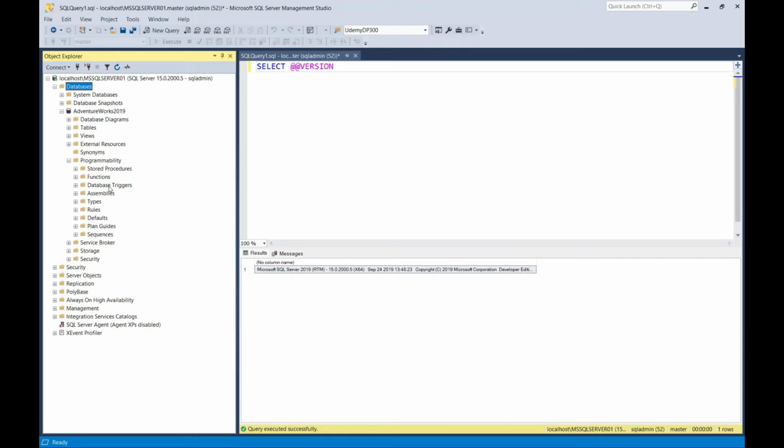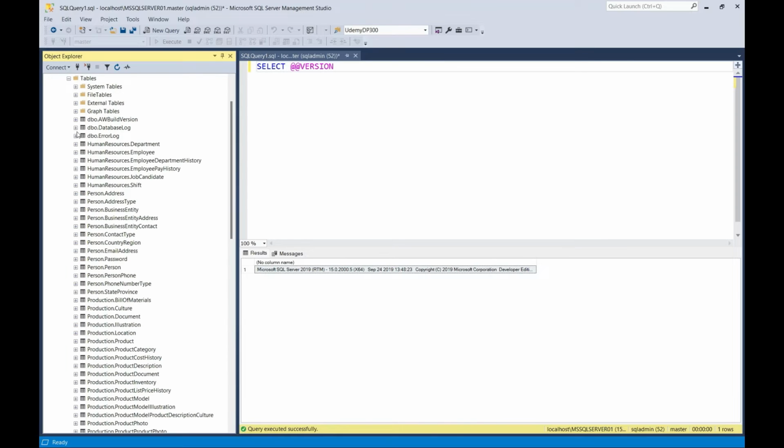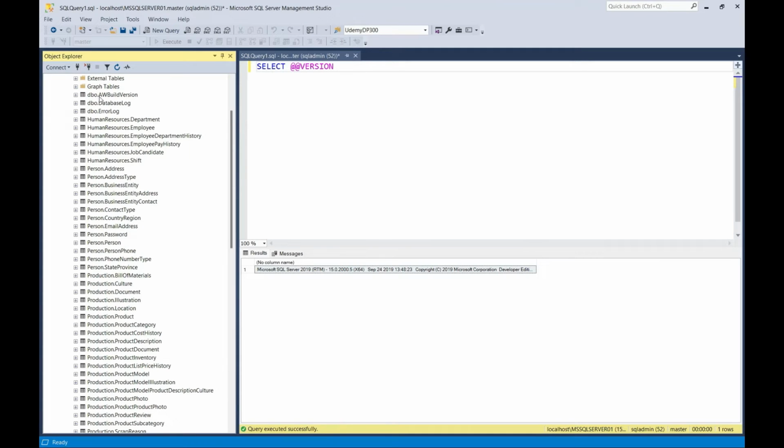What we want to take a look at now is the database tables. Select the plus for the tables. Here we can see we have a bunch of different tables. If you look carefully, you'll see a common naming convention among the tables. You'll realize that it has a two-part name. It has a schema name, and after the schema is the table name. So it's dbo.table name,